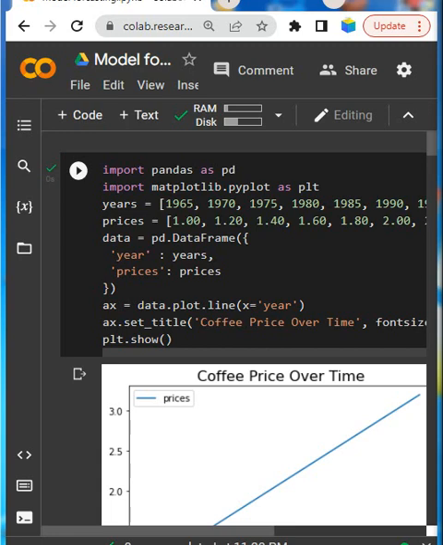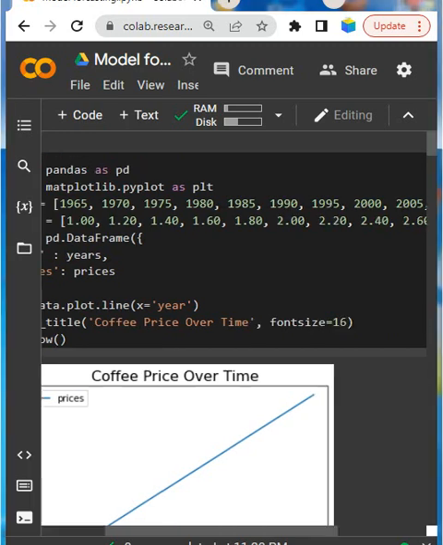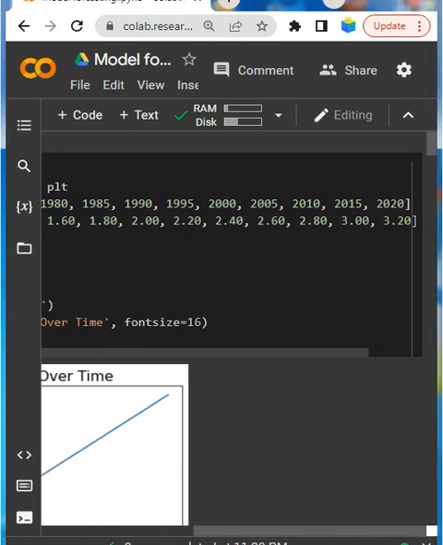Now it is stored so that data equals pd.DataFrame, parentheses, then brackets to create a dictionary with year and years, price and prices, because year I have taken, and another is the price I have taken. So this type of data.